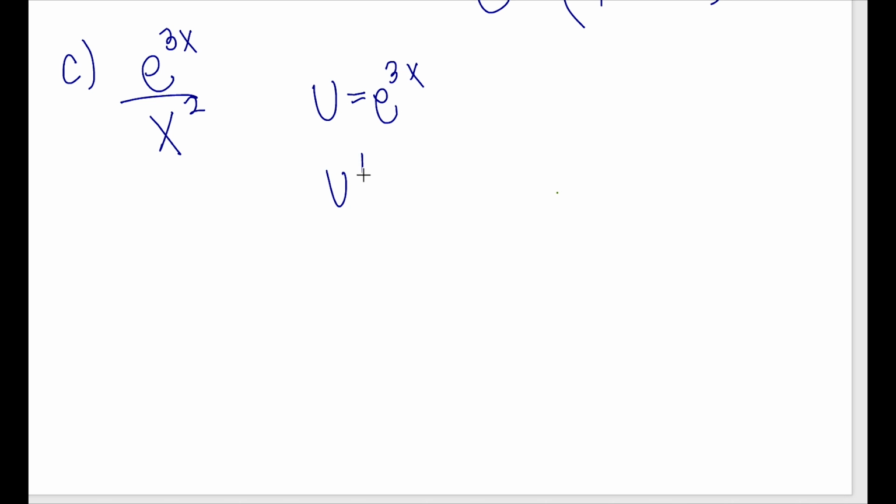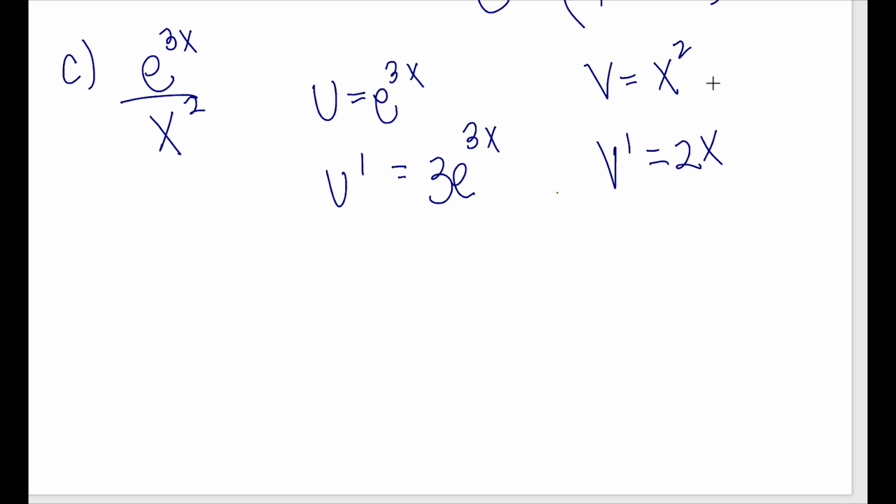And for our final example, e to the 3x over x squared. So because we're dividing the two terms now, we'll use quotient rule. u is e to the 3x, and u prime is 3e to the 3x, while v is x squared, and v prime is 2x. Remember that order matters, so we do v times u prime first, 3x squared e to the 3x,